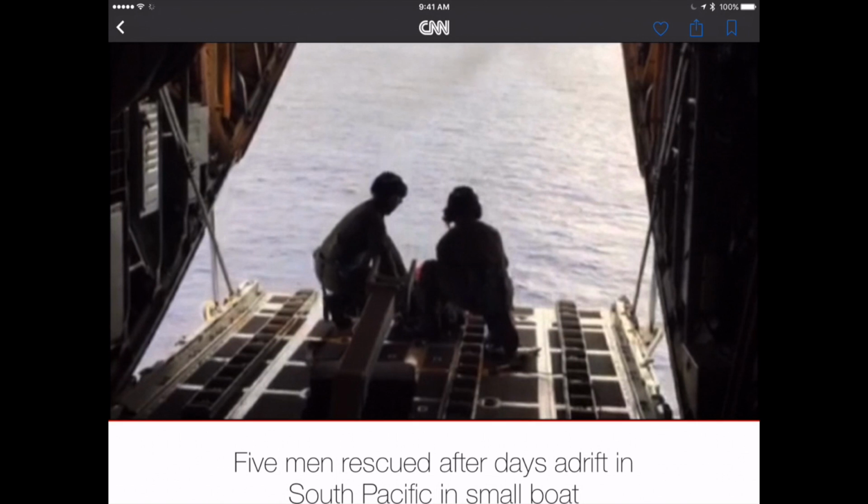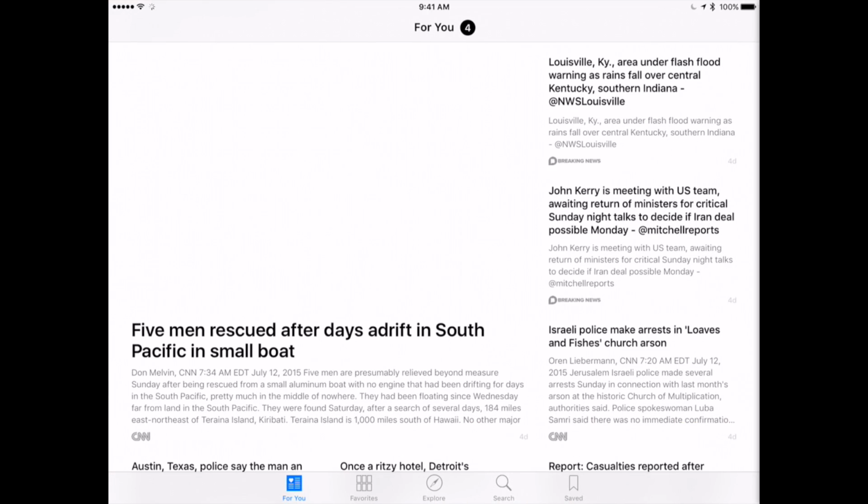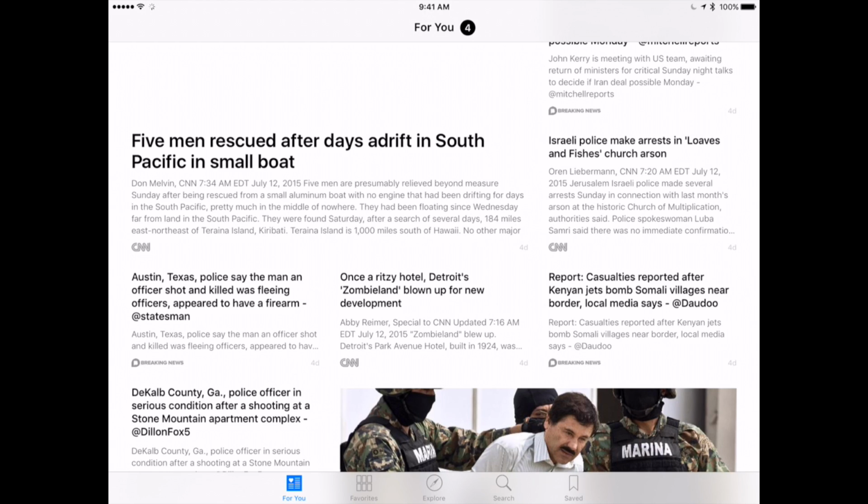I currently use the Yahoo News app, and I like it way better than the Apple one, just because I've used it and I'm used to it, and it's got all my favorites and different things in it. So this is really nice, but I don't really think it's going to take off like Apple wants it to,